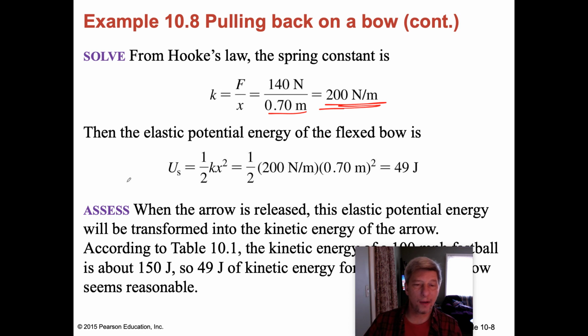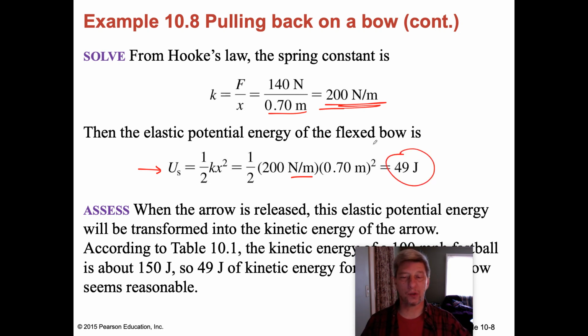I then come down to my elastic potential energy formula, and 1/2 kx squared is going to be equivalent to 1/2 times 200 newtons per meter. Notice the units for k are newtons per meter, times 0.70 meters squared, and that leaves me with 49 joules